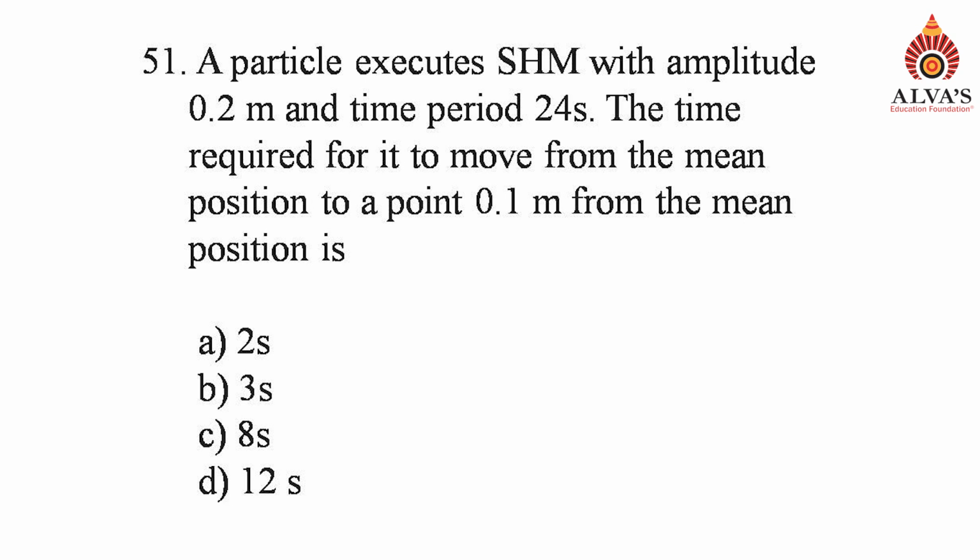A particle executes a simple harmonic motion with amplitude 0.2 meter and time period 24 seconds. The time required for it to move from the mean position to a point 0.1 meter from the mean position is. In this question, amplitude of vibration and time period are given. You have to calculate the time required for the particle to move from the mean position to a point at a distance